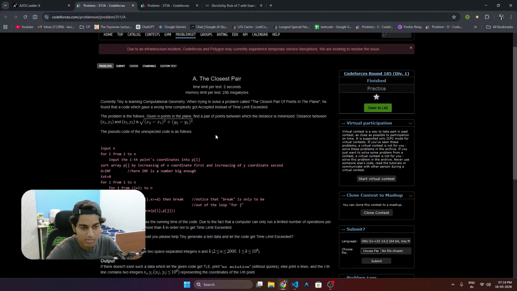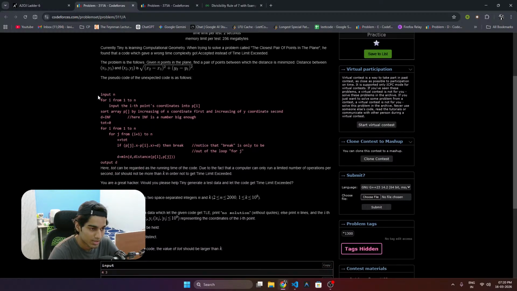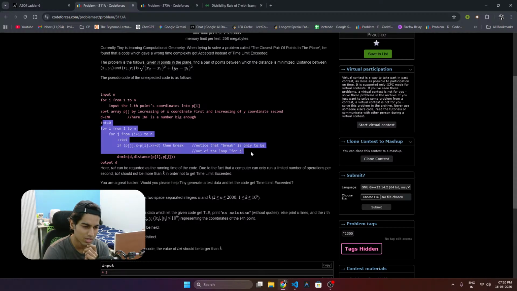Computational geometry, when trying to solve a problem. Yes, he found code which had the wrong time complexity but got accepted instead of TLE. Find a pair of points between which the distance is minimized. This is Euclidean distance. Expected code as follows: input 1 to n, and input the ith point's coordinates into pi. Sort pi by increasing x coordinate first and increasing y coordinate second. Then loop from 1 to n, and j from i plus 1 to n. Break is only